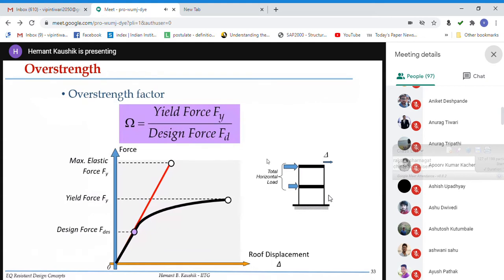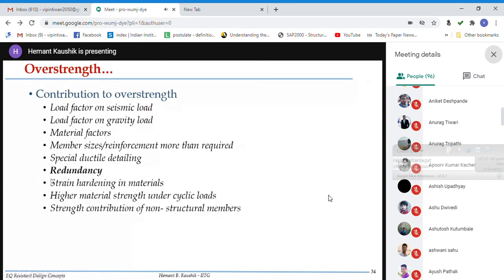Now the overstrength factor, like I said, it is basically the ratio of the yield force and the design force. So this is the design force and this is the yield force. So from here to this design force, we reduce on the basis of this overstrength factor. So the contribution of this overstrength is basically the load factor on the seismic load, the load factor on the gravity load, the material safety factors that some of you already know, 1.15 for steel and 1.5 for concrete, member sizes, reinforcement that is more than required, the special ductile detailing, it also affects the overstrength, contribution to overstrength, and